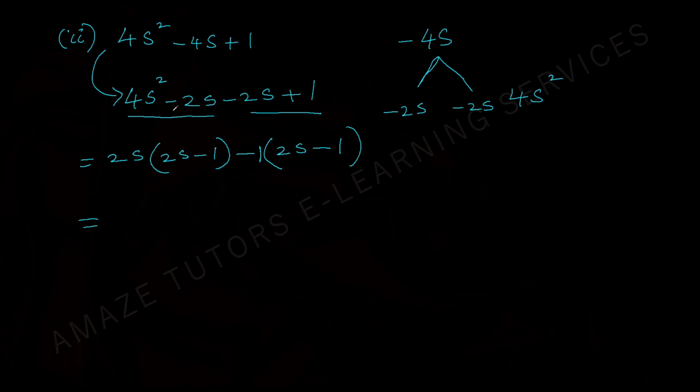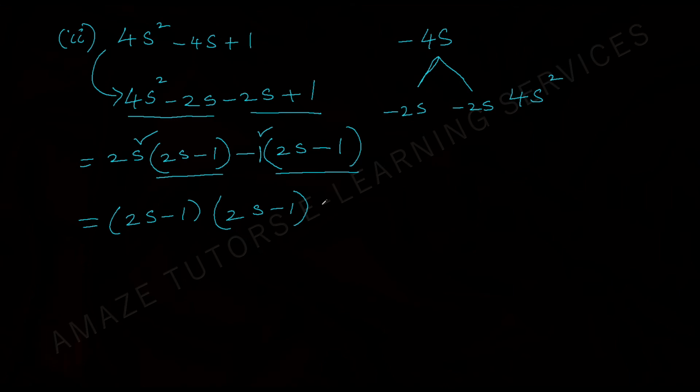So what did I tell you? To check your step, these two brackets must be the same. So we have done correctly. Take that bracket as a common factor out. We are left with one more 2s minus 1. So it is in the form of a minus b the whole squared formula. a squared minus 2ab plus b squared. I hope you remember that algebraic identity.